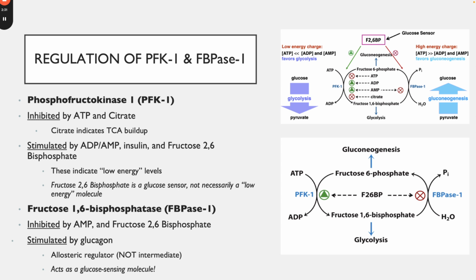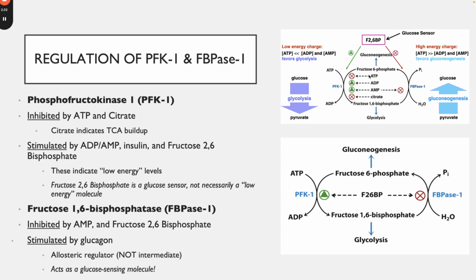So we know that if we have high energy, we don't want glycolysis to occur. We see that in this diagram, ATP is going to inhibit, citrate is going to inhibit. Citrate you can think of as a high energy molecule if you want to, because TCA is backed up. So these two are going to inhibit our PFK1. And that means that glycolysis is no longer happening, and basically it's not affecting gluconeogenesis with the energy stuff. I mean, technically the acetyl-CoA, but the point is in this diagram, we see that high energy is going to